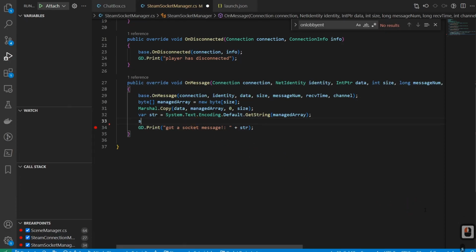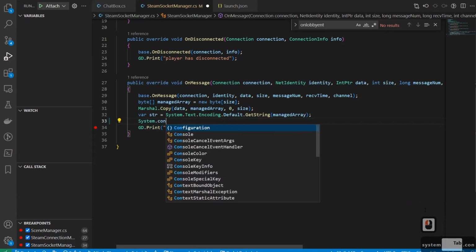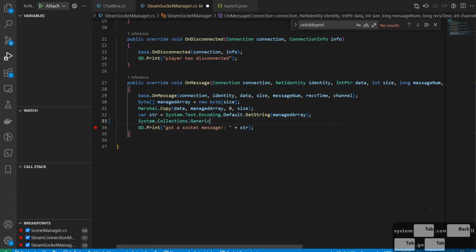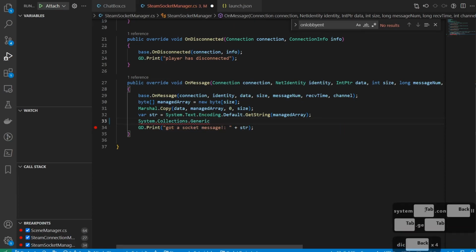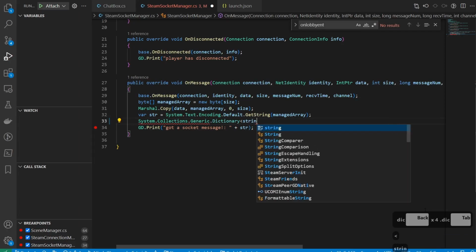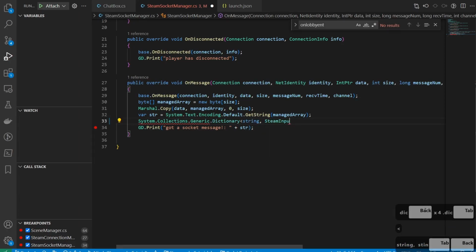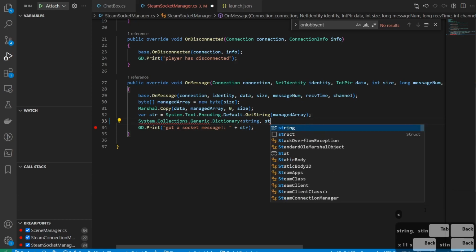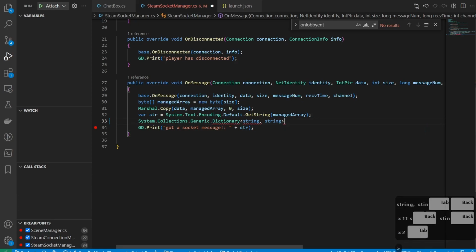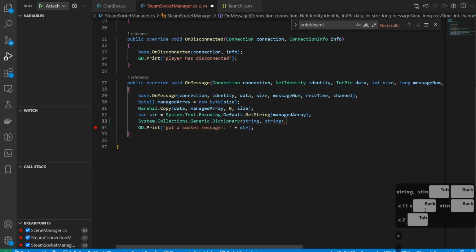So if we come in here and type System.Collections.Generic.Dictionary string, comma string, and I know what you're saying, right? Why would I do System.Collections.Generic.Dictionary, right? And that's because Godot actually has its own dictionary, and since we're not using that, we want to define our